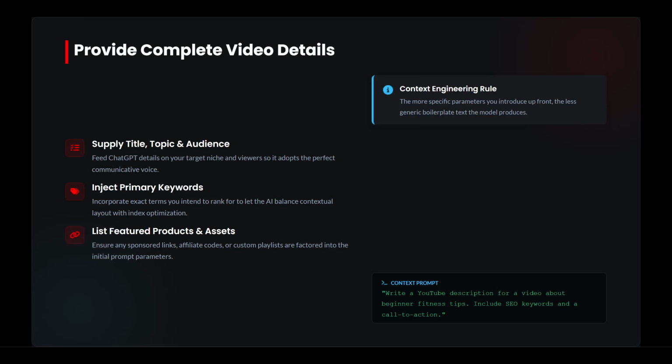In today's video, I'm going to teach you how to use ChatGPT to generate YouTube descriptions. If you want to save time and create better video descriptions that are clear, searchable, and more engaging, ChatGPT can be a very helpful tool. The key is knowing what information to give it and how to refine the results so it actually fits your